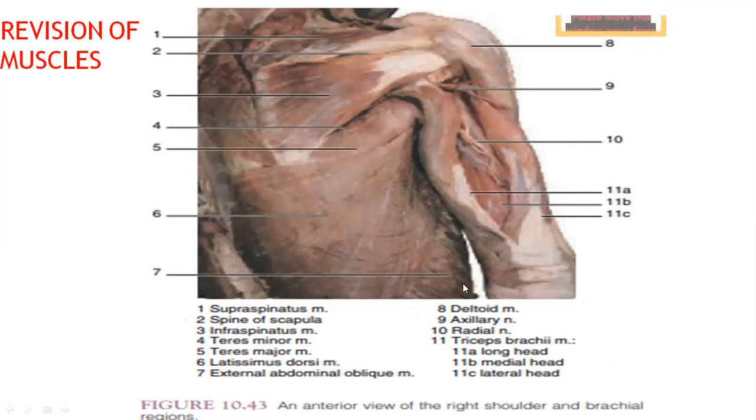This is latissimus dorsi, and the external oblique abdominis muscle. Triceps has been dissected very clearly to show its various heads. This is the long head of triceps, which is marked as A. Then this is the medial head of triceps, which is marked as B, which will be seen after cutting the long and lateral heads. This is the lateral head of triceps. This is the lower triangular space which we have discussed, where we have, you remember, the radial nerve and the profunda brachii vessels. Yes. This is the upper triangular space where we have the posterior circumflex humeral vessels and the axillary nerve.